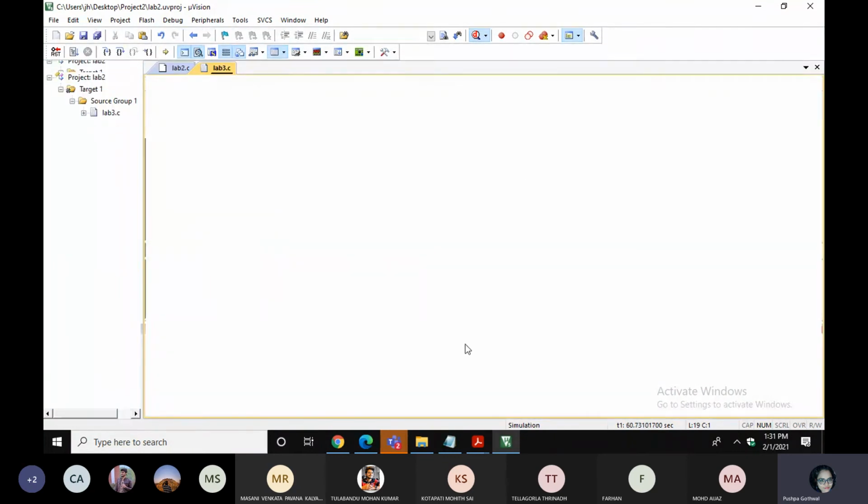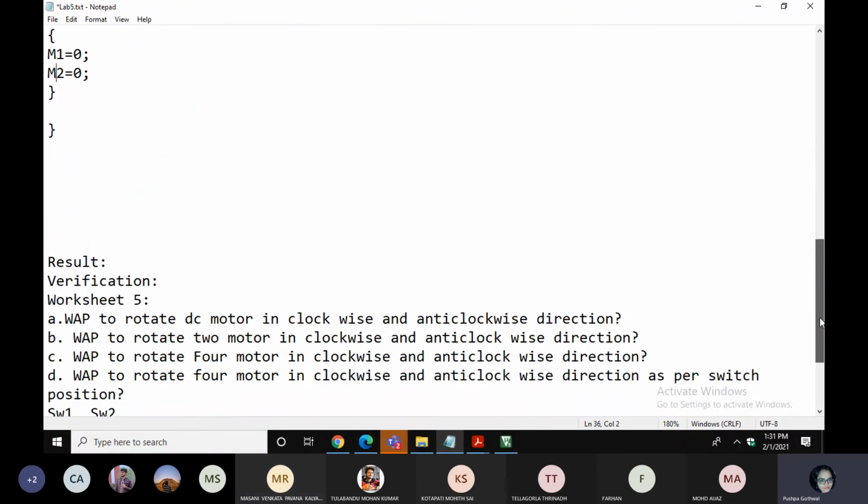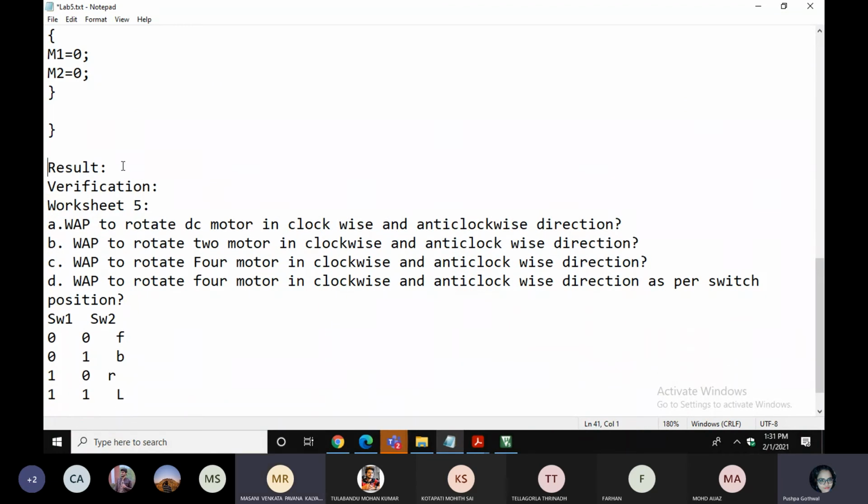Now again I am moving to the text file. I hope this is visible. Yes, ma'am. Now in the result section, you have to paste the screenshot. In the programming section, you have to write the programming. In the verification part, you have to write whether your programs are verified or not. You have to mention your sample and worksheet programs are all verified. Verified means you are getting a result. If something is not verified, write that that much program is not verified, getting that error.